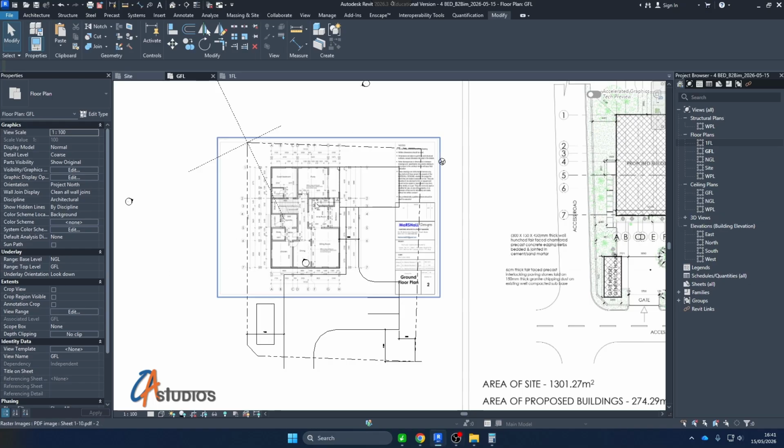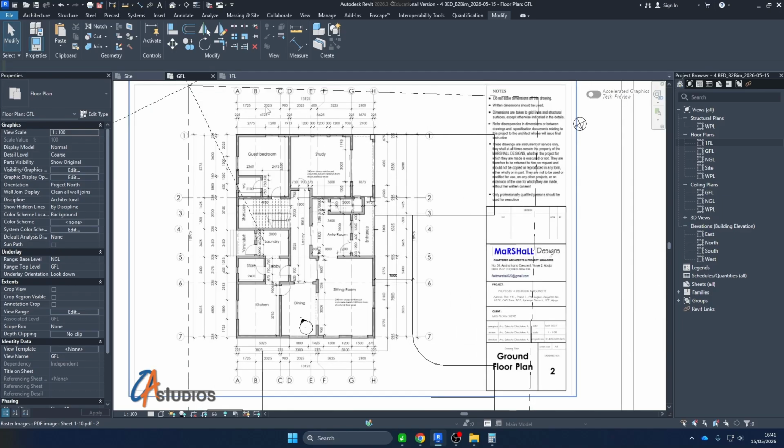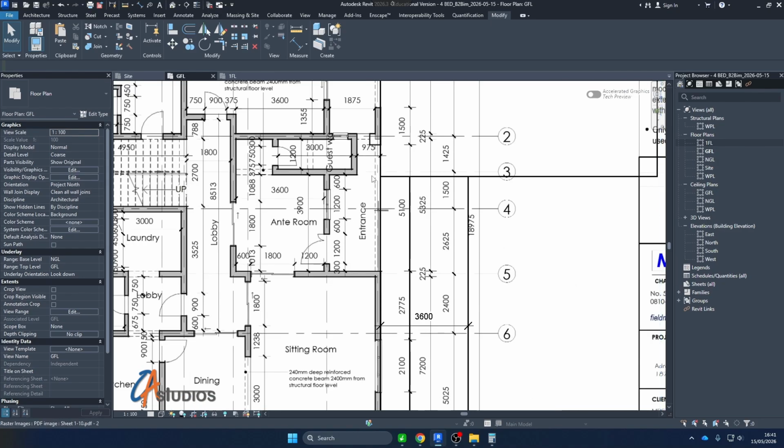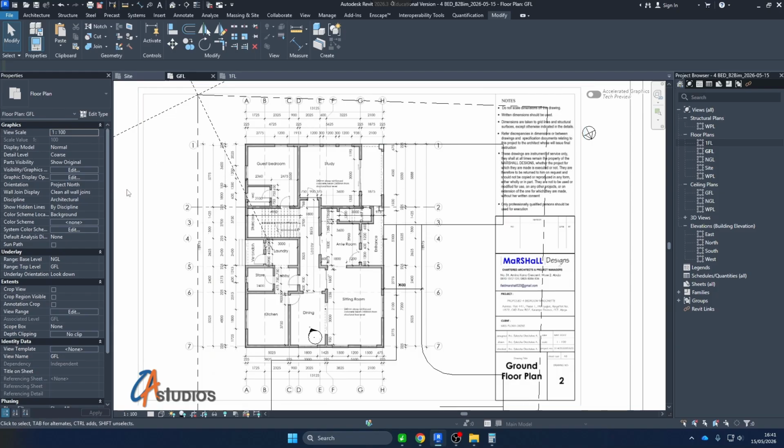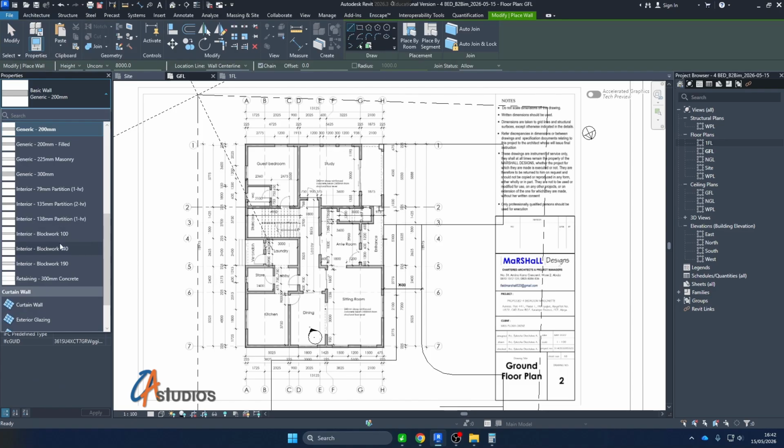We'll go straight to our next step, which is introducing our walls. These walls are 2 to 5 walls, and what we would do is create that wall type. You can do that under the Architecture tab, Build panel. You have Wall, or WA for short, and we select that. By default we have some types of walls around here, so we'll just pick a plain wall, generic,